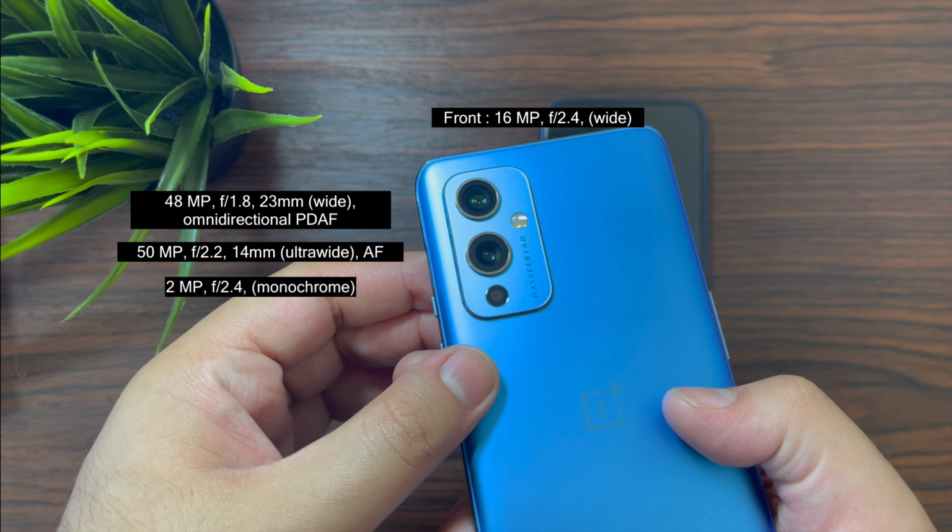Now the first image is a wide, and let me know which one do you think did better in this one. But frankly, I'm going to go with the OnePlus here because of the overall background clarity of the OnePlus. It has kept the subject as well as the background which is behind properly in the frame. And now the next one. Here I prefer the iPhone because of the entire clarity of the image. It is perfectly lit even in the darkest corners, so that's better. But the iPhone has got a zoomed approach compared to the OnePlus.